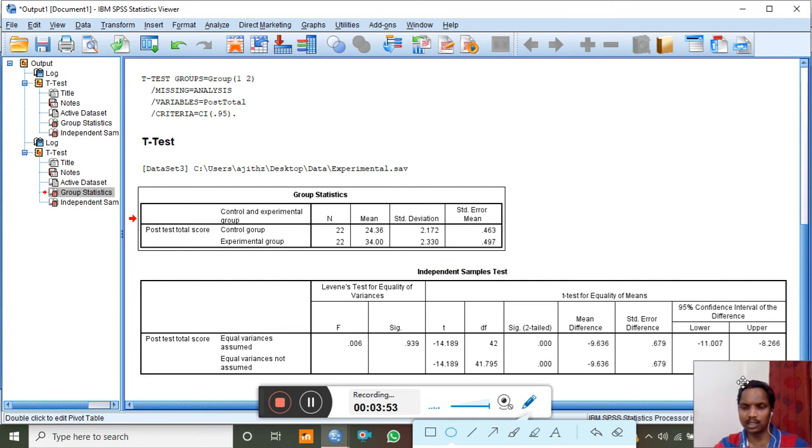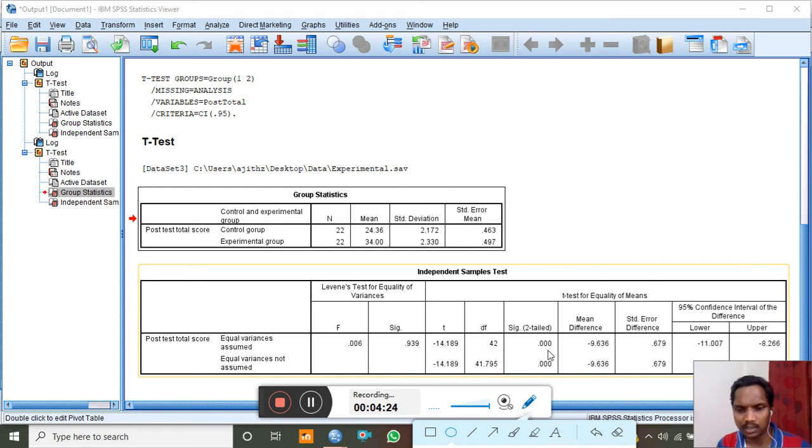To see whether this difference is significant, we will do the independent sample t-test. And in independent sample t-test, you have to consider the t-value and significance value. So you can see the t-value is negative 14.18, while significance is 0.000, which is of course less than 0.05, which gives an understanding that this is significant.